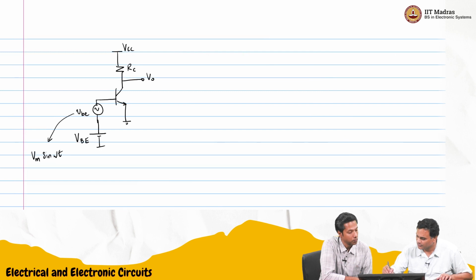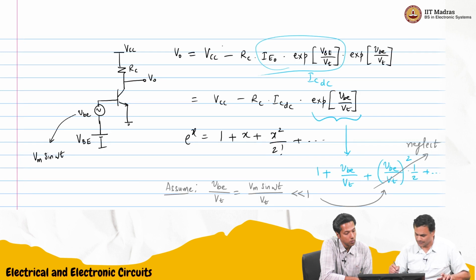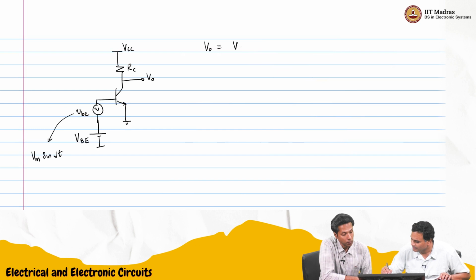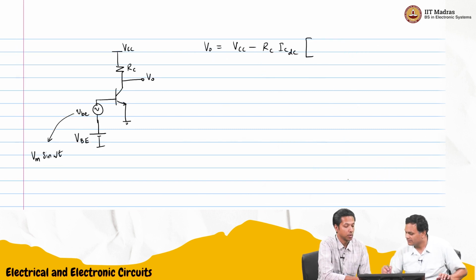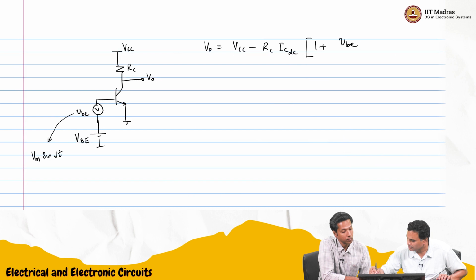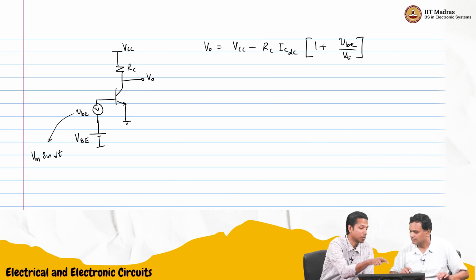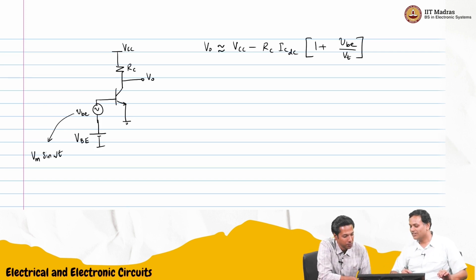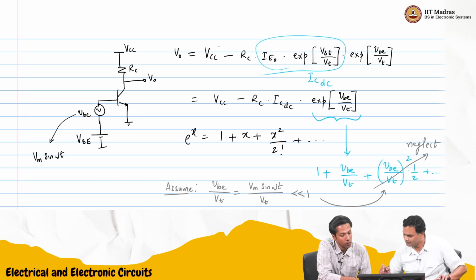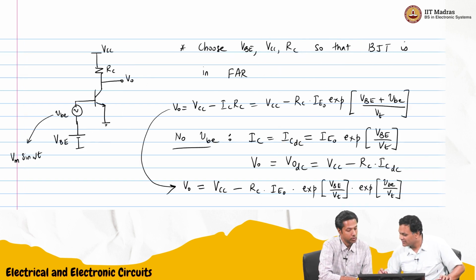V naught is what we started writing, VCC minus RC ICDC times 1 plus VB by VT. Should we keep approximate just for the sake of it? Good idea. And now we also know we found that V0DC